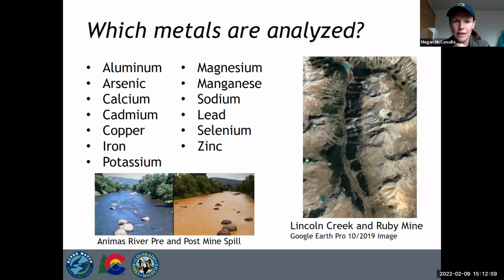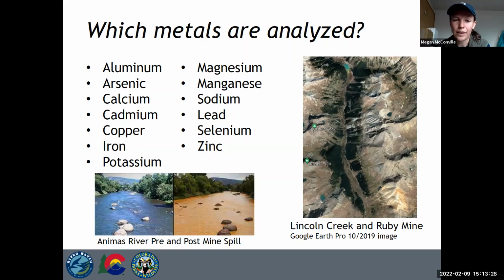Part of the reason that we have selected these 13 is because they're commonly found in waterways throughout Colorado. Some of them are trace metal contaminants that acutely impact fish and aquatic life, like cadmium or copper or lead. And some of them, like calcium or sodium or magnesium, represent the cation, or the positively charged